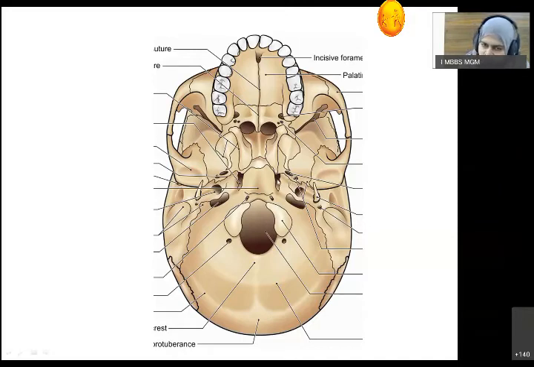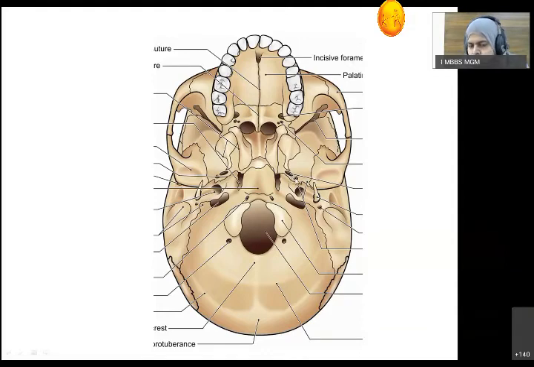What are the structures which we have discussed passing through the foramen ovale and spinosum? Through foramen ovale, it was MALE: mandibular nerve, accessory meningeal artery, lesser petrosal nerve, and emissary vein. Just remember, the most common questions asked about the skull are on the foramina, and these are the most commonly asked: foramen ovale, foramen spinosum, foramen magnum, jugular foramen. So through foramen ovale: mandibular nerve, accessory meningeal artery, lesser petrosal nerve, and emissary vein.